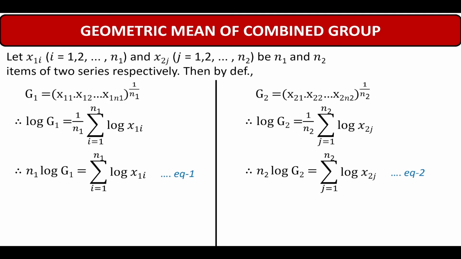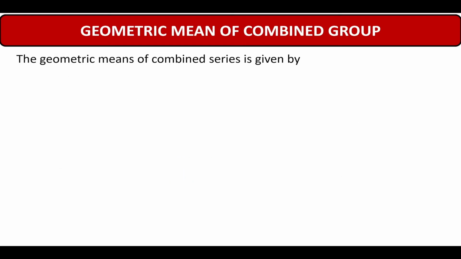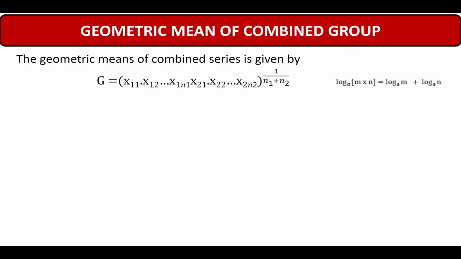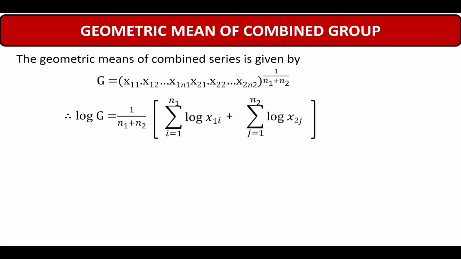Now let us find out the geometric mean for the combined group. So geometric mean of combined series is given by G is equal to x11 multiplied by x12 and so on up to x2n2, and the whole raised to 1 upon n1 plus n2. Now again, as we had discussed before, log of m into n is log of m plus log of n. We get log of G is equal to 1 upon n1 plus n2, the whole multiplied by summation of i equals 1 to n1 log of x1i plus summation of j equals 1 to n2